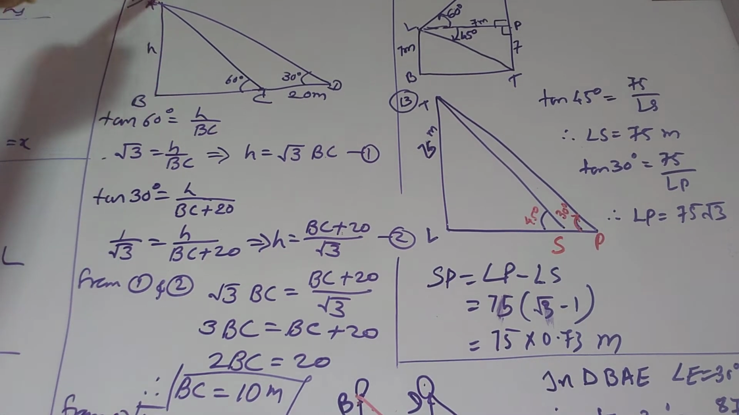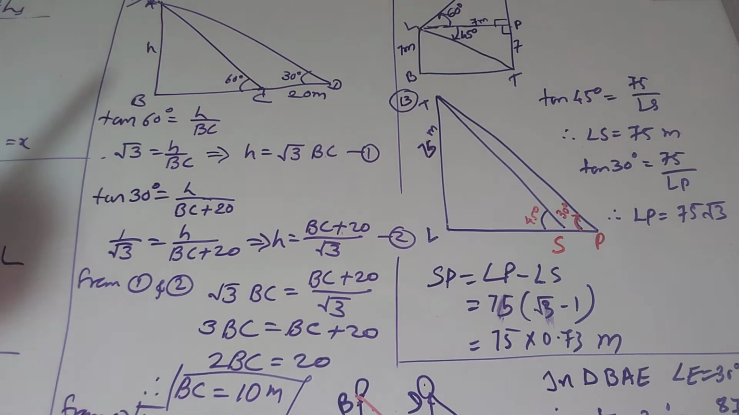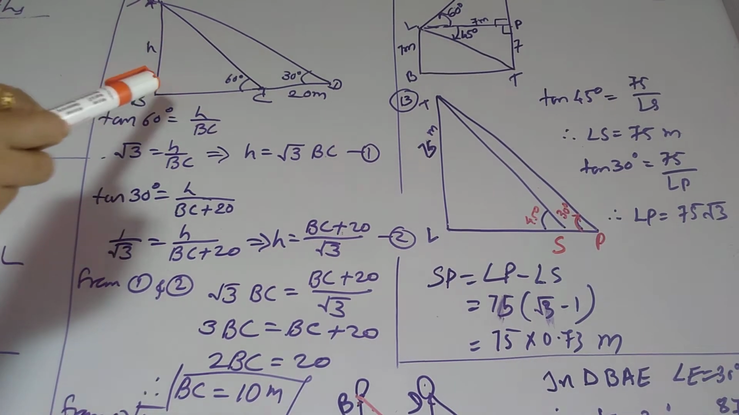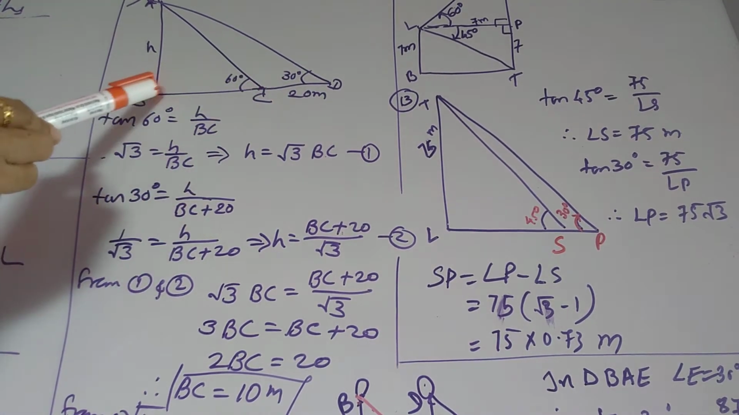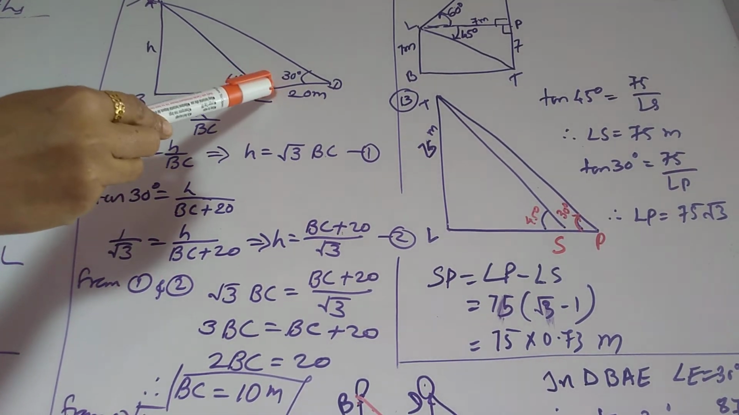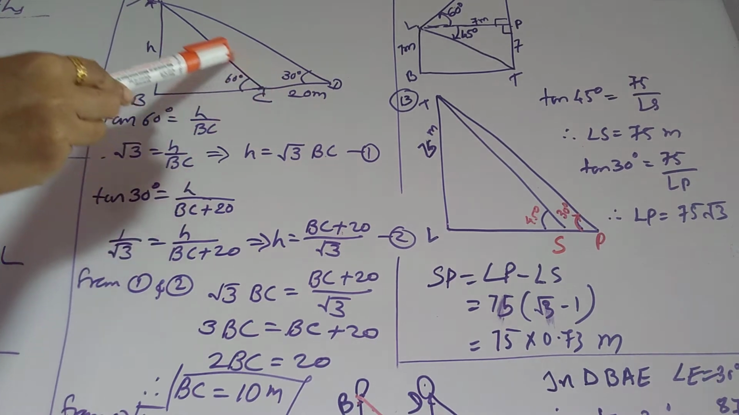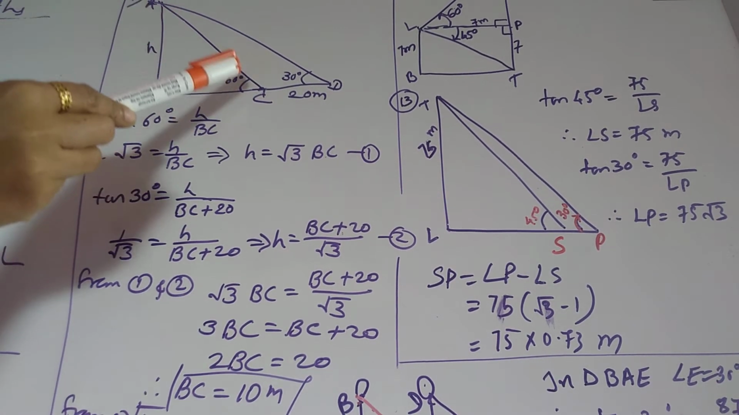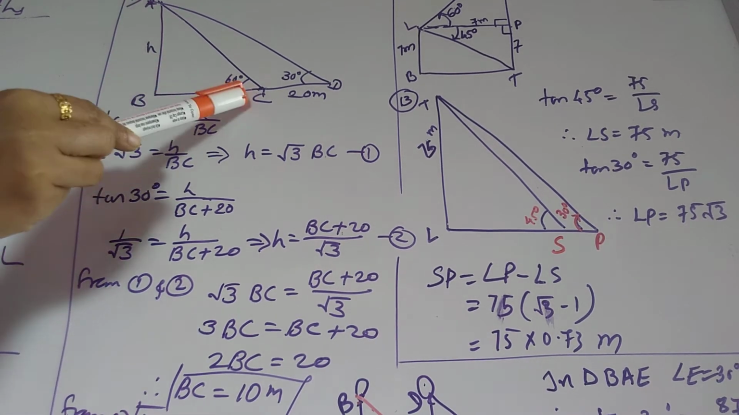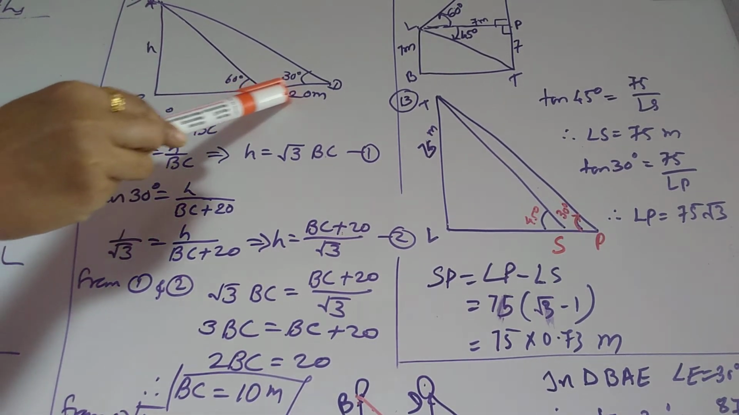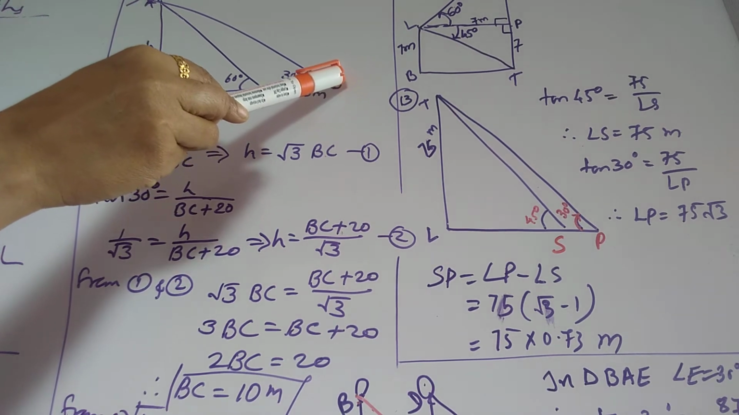A TV tower AB is standing, whose height is not given, so we have considered it as H. It is on the bank of the canal, and from the opposite bank of BC, we observe the angle of elevation, which is 60 degrees. Now from this point, going 20 meters further away,